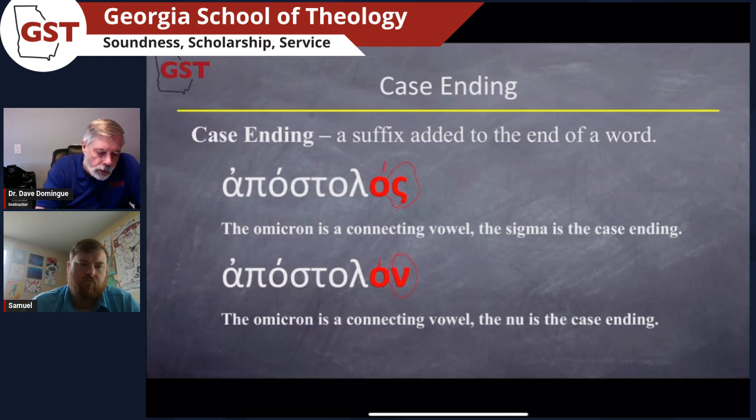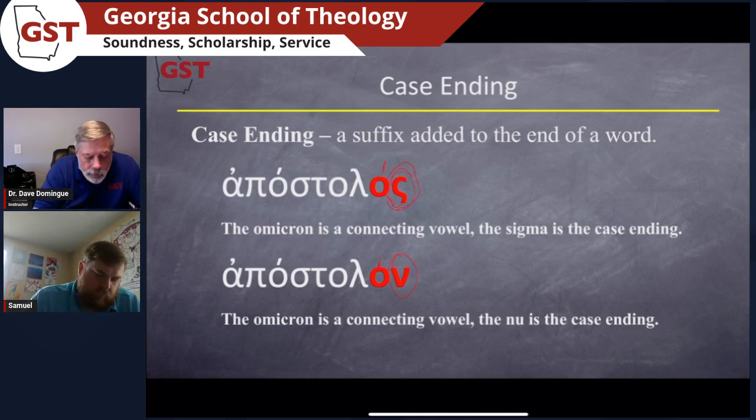And so we add the suffix, the case ending, to the stem. And when you have the omicron, the connecting vowel, the sigma for the nominative case is going to be the sigma. And so apostolos is going to be the subject, apostle or messenger, functioning as a subject in our translation. When we put the apostolon, it's the same apostle or the same messenger, whichever translation you use, and we